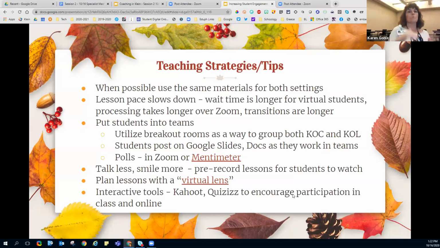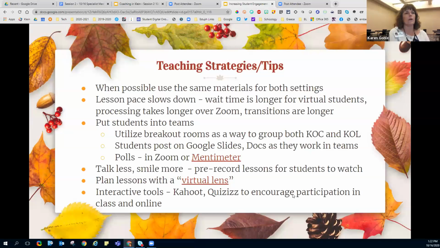Student engagement increases because the kids are more in tune to that video versus trying to look in at that Zoom and see what's happening in that classroom. So if we can encourage our teachers to do a little more of the pre-recorded lessons, we're seeing in a lot of studies that are coming out now that the engagement is going way up